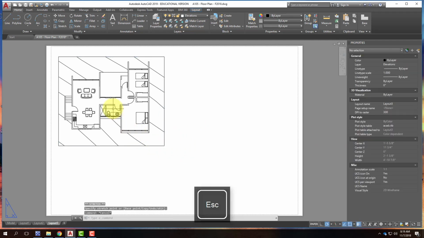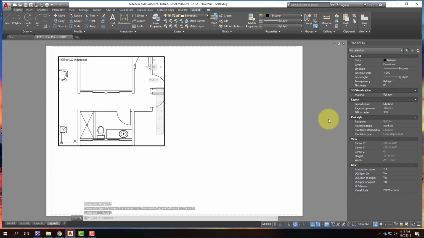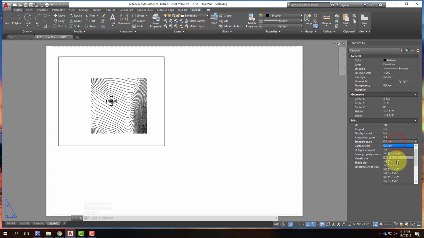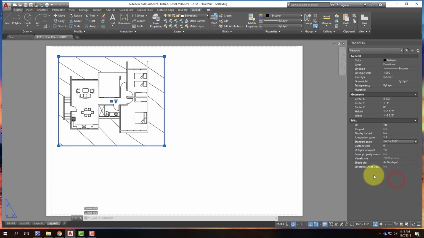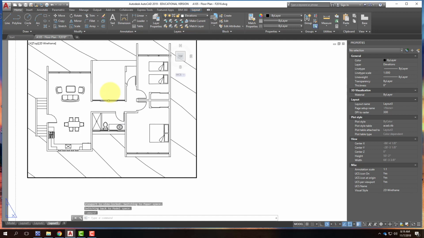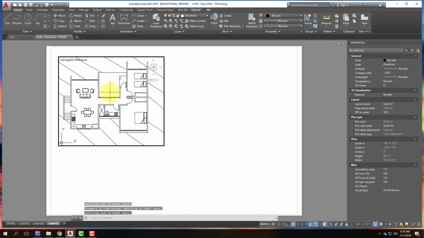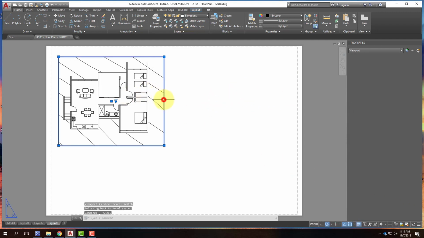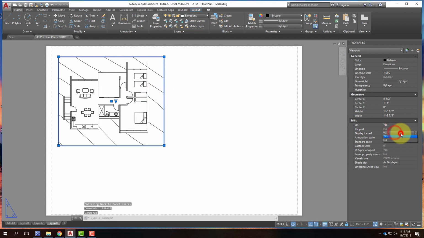Now you have to be careful. If you double click inside your viewport and you accidentally scroll, the scale changes. If I look down here at my standard scale, it's back set to custom. So what I would recommend doing is once you get your scale set at a 1/4 inch equals a foot, come over here and under Display Locked, set that to Yes, which means even if you double click to get inside your viewport and you go to scroll, you're not going to change the scale of that viewport anymore. I'll show you one other thing that happens and another reason to lock your viewport, and that is that sometimes, I have to unlock it for this to happen,